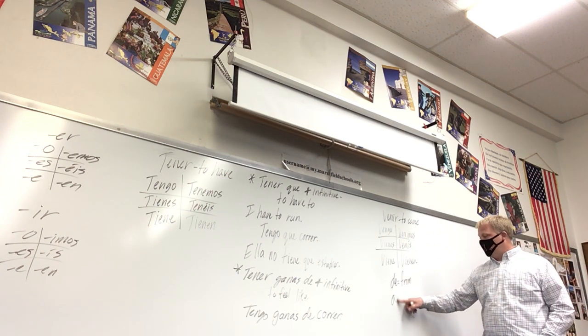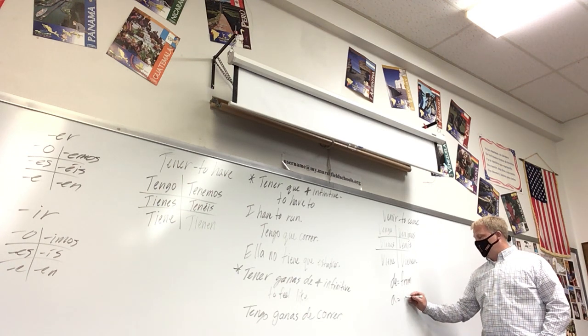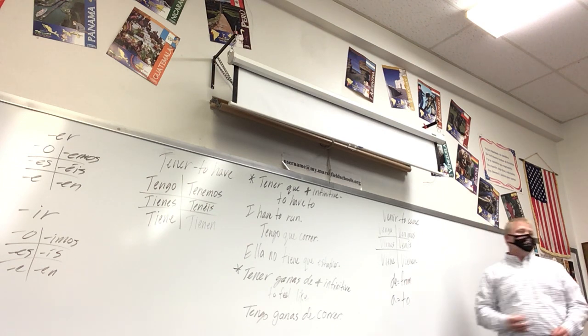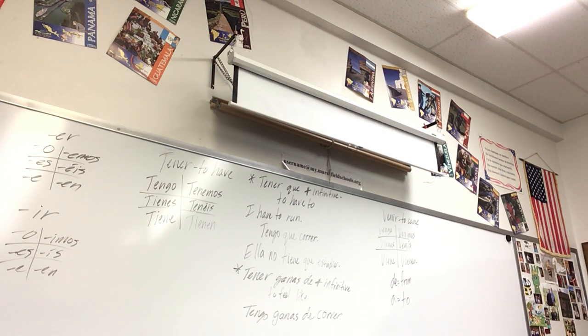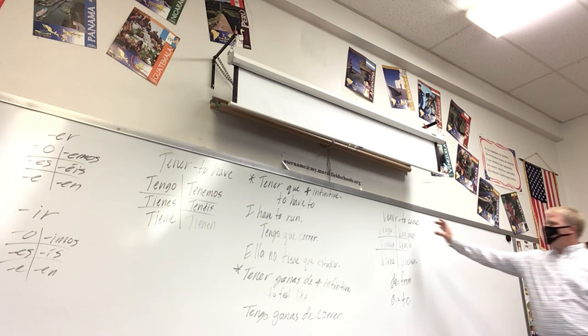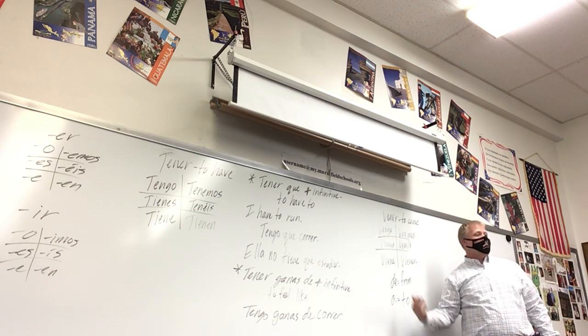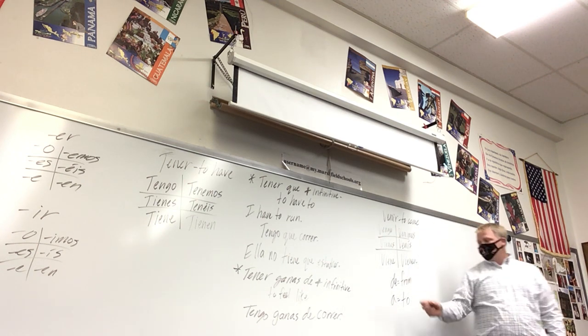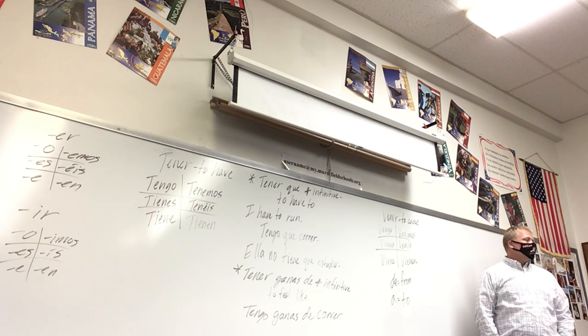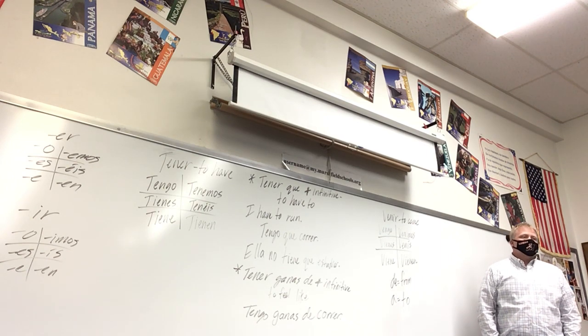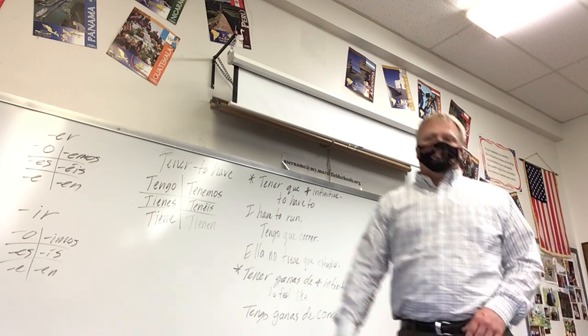Or I might say, vengo a, which means to. Vengo a la clase. I come to class. Vengo a la cafetería. So typically after venir, if there's a location after, like where you're coming from or coming to, you have to have one of those prepositions. Just like in English. Ready? Bien. So,